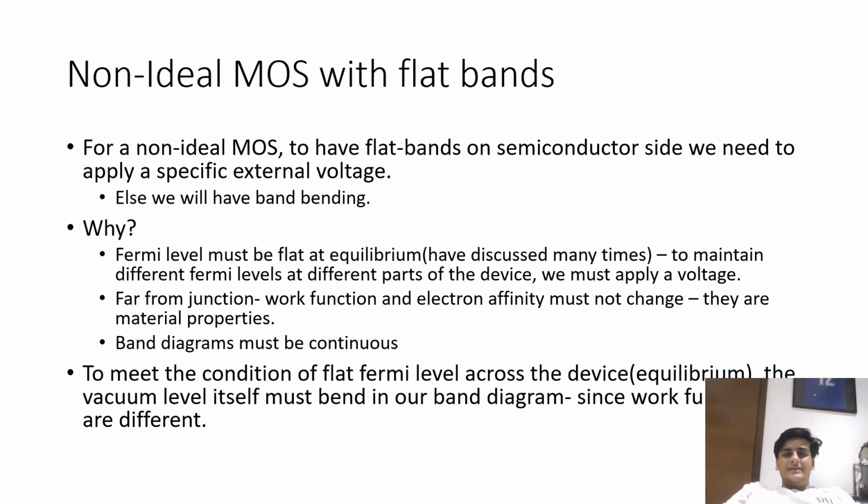Now, essentially, the first condition that we want to solve for is the flat band condition, where all our bands, be it the conduction band or valence band, are flat. So clearly, this solution of having a constant Fermi level throughout the device and letting the vacuum level bend is not making sense here,